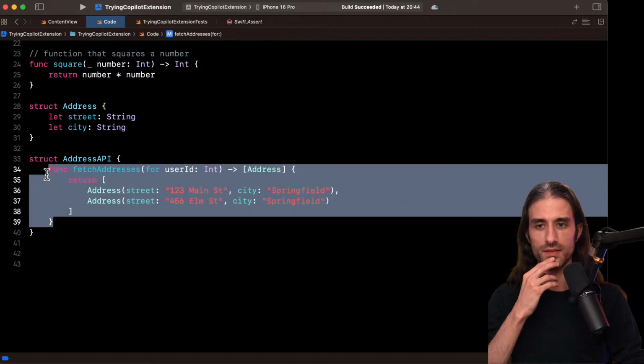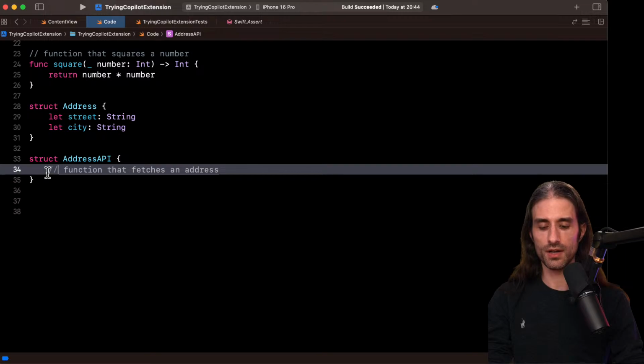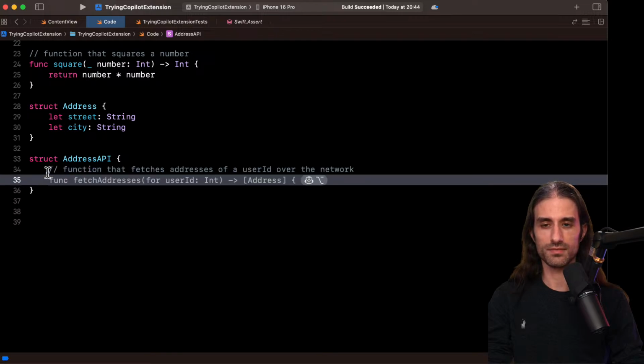Okay, you know what? Let's switch gears and we'll do a function that fetches addresses of a user ID over the network. Let's see that.